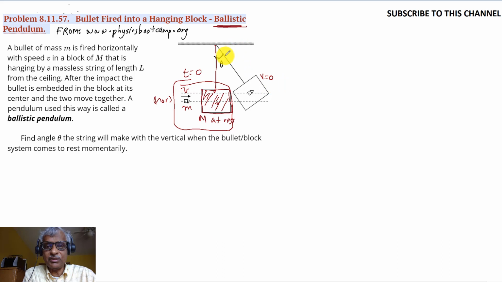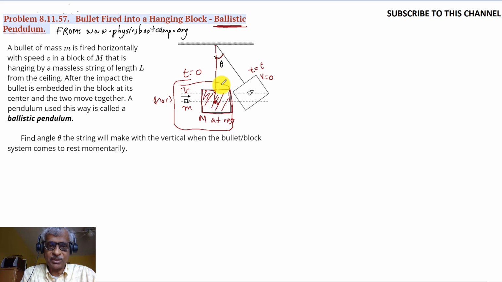At that point, this angle is theta, and that's the angle we're supposed to find out. So this is some time t equals t, and of course it's going to start to swing like a regular pendulum from that point onward. We're not concerned about what happens afterwards, but we need to figure out this theta,